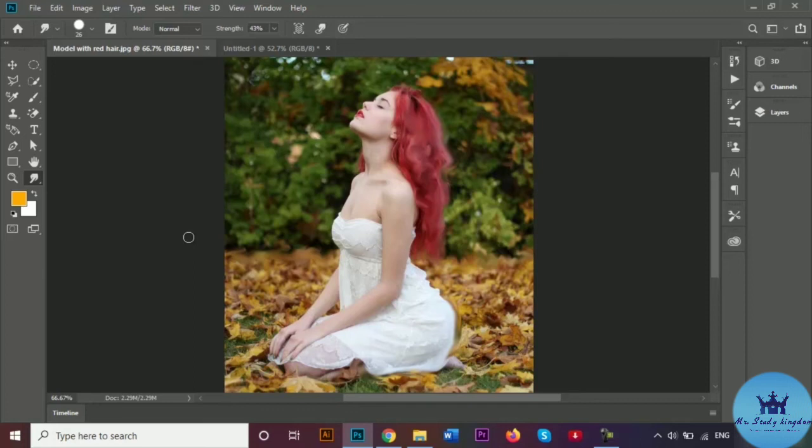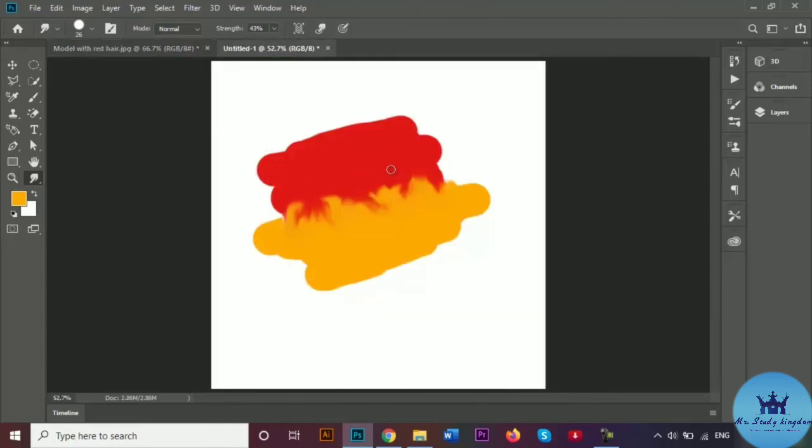So as you can see, it's that easy to use the smudge tool, and you can use the same tool in an image and of course in a particular document where you have your illustrations made. That's it. So I have now covered the smudge tool and I hope you found this video to be useful,